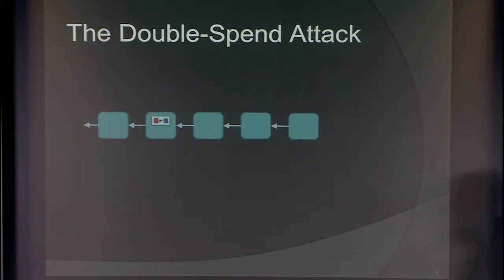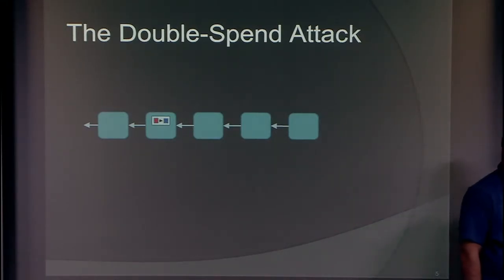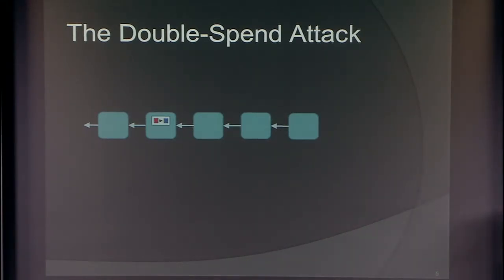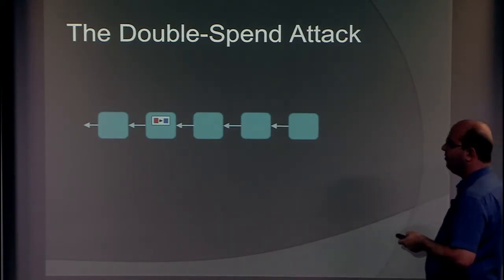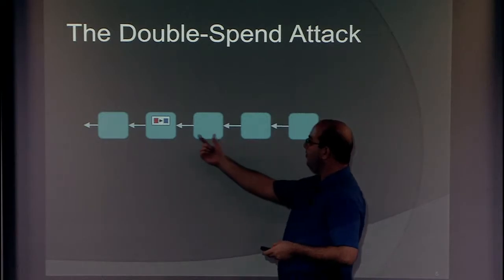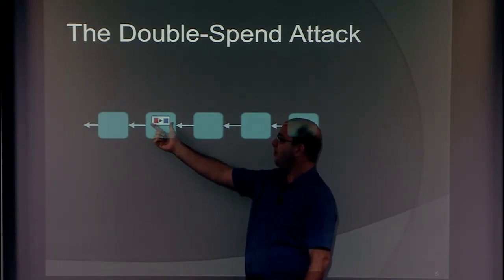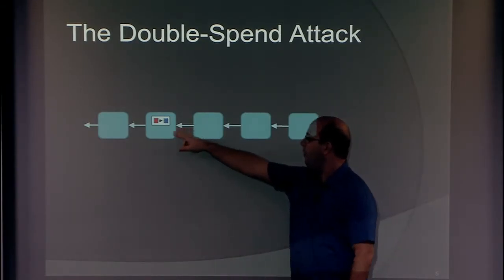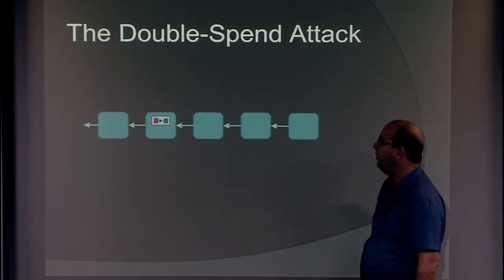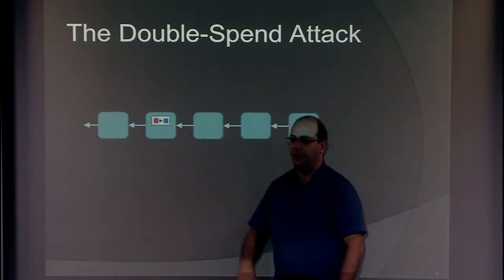So now what we really need to worry about is this form of attack called the double spend attack, double spending, where somebody really tries to misuse funds and pay with the same money twice. So let's suppose I'm the red guy. I have a transaction here somewhere that was accepted into the Bitcoin system. Some blocks may have been built on top of it. And now I want to move the funds somewhere else.